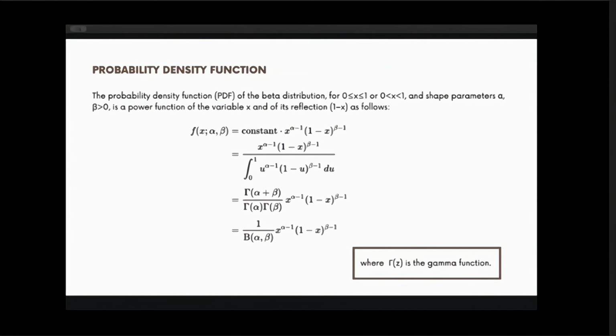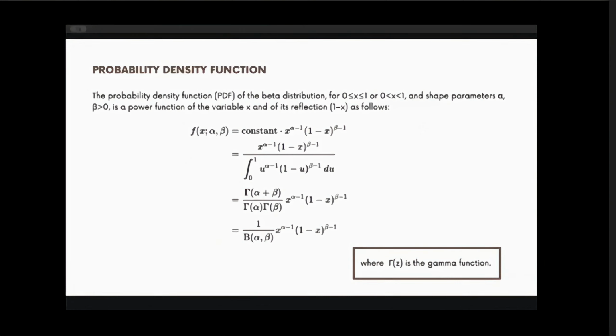Now, talking about the probability density function, also known as PDF, it is described by the following formula. That would be 1 over B(alpha, beta) multiplied by x to the power alpha minus 1, multiplied by (1 minus x) to the whole power of beta minus 1. Now, in this formula, x is the variable of interest which must lie between 0 and 1. Alpha and beta are the shape parameters that control the distribution. B(alpha, beta) is the beta function, acting as a normalization constant to ensure that the total probability sums